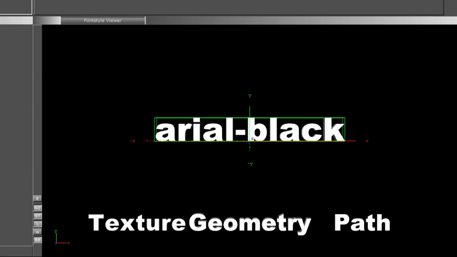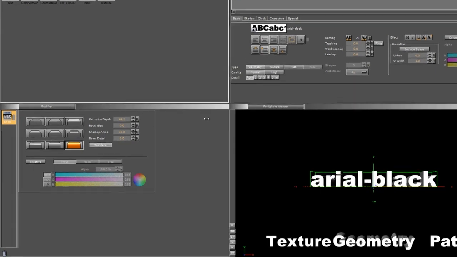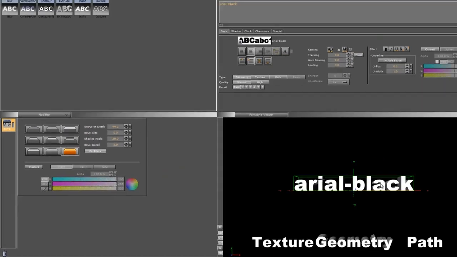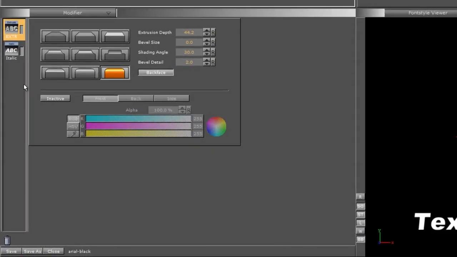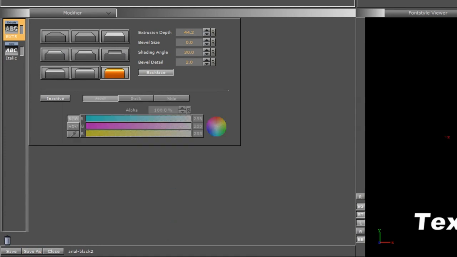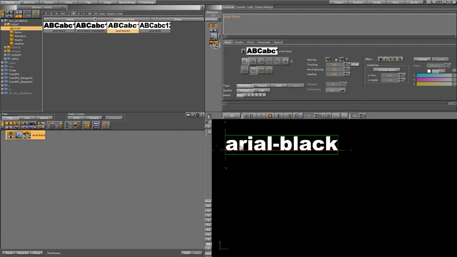So you have your different bevel and extrusion types down here. You have your extrusion depth that you can increase as well. So if you wanted to save that font with the extrusion attached to it, you certainly could. And or let's add one more, so we'll have an italicized 3D font. I want to save that font, so I'm just going to go ahead and save it as Arial Black 2. We'll hit OK, and then we can just close this little window there,